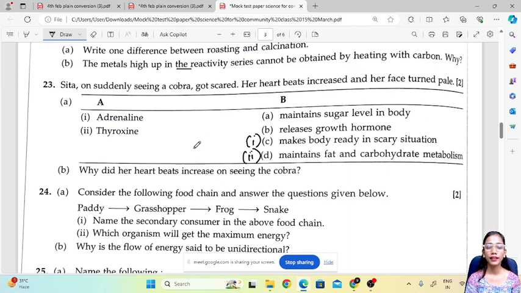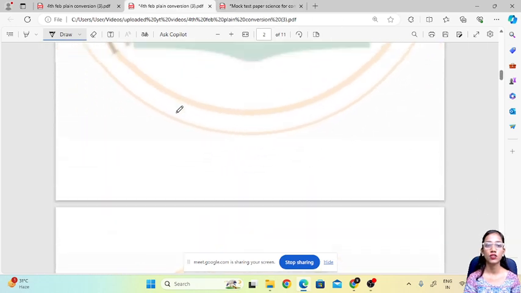Now, why did her heart beat increase on seeing the cobra? Okay, we get the answer over here only actually. If we know the first question, half of the second question will also be solved if we know the first one. This is because in a scary situation,